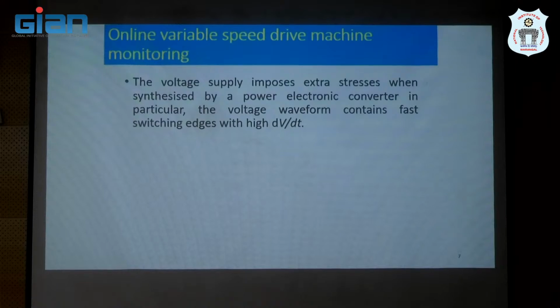So that's where the insulation of inverter-fed motors has to withstand very intensive stresses, and thermal stresses also. Even if you look in the International Electrotechnical Commission IEC standards, they mention that conventionally we go for AC sinusoidal, but now